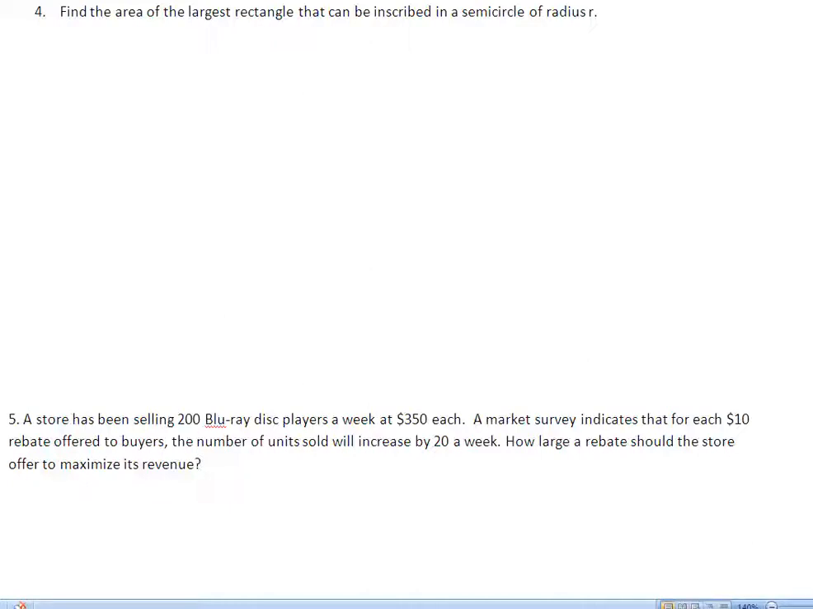So we're talking about find the area of the largest rectangle that can be inscribed in a semicircle of radius r. Problem, there's no numbers. This is all going to be in terms of variables. So this gets a little messy. Okay. Anytime I want to maximize or minimize a rectangle or square that's inscribed, I want to center it at the origin. Okay, so